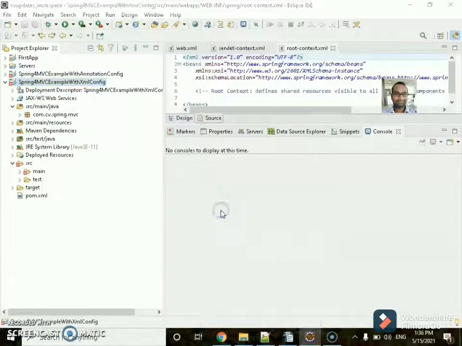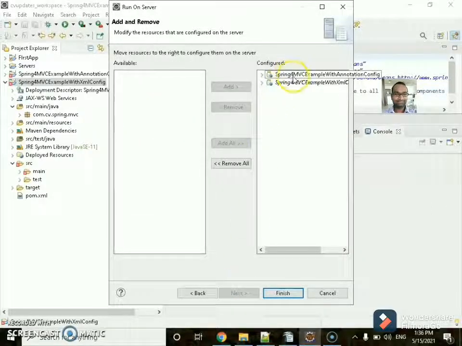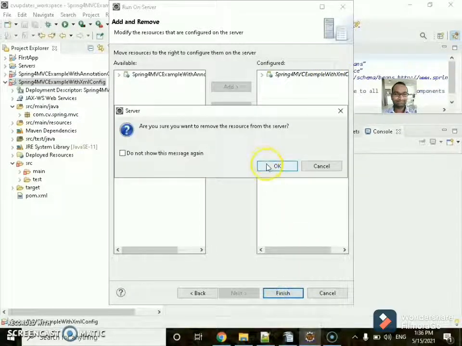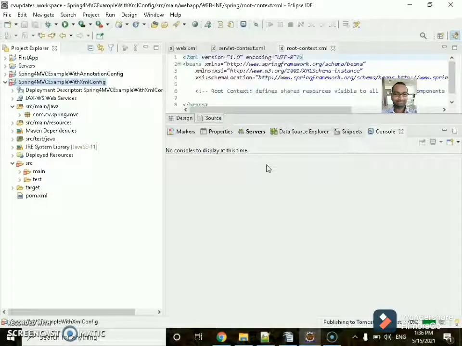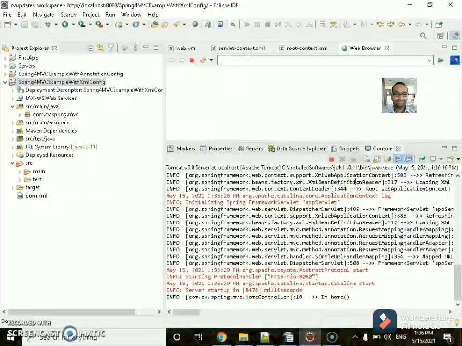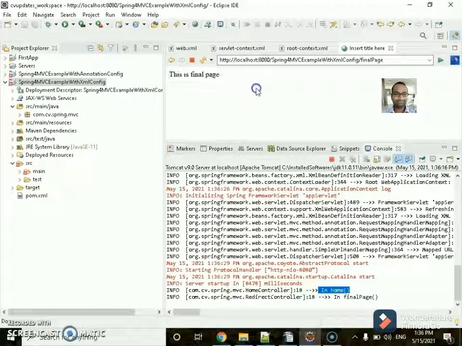Run as, run on server, Tomcat 9.0. I'm removing the annotation. I'm only keeping the XML configuration. Finish. Okay. So it is initializing the application. So it went to the home. This is the first page. Click here. This is the final page.